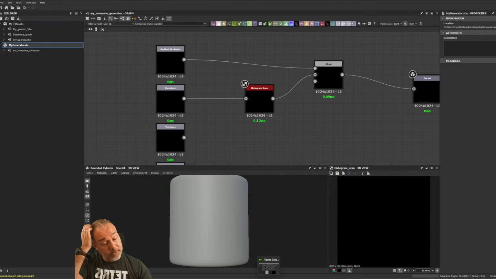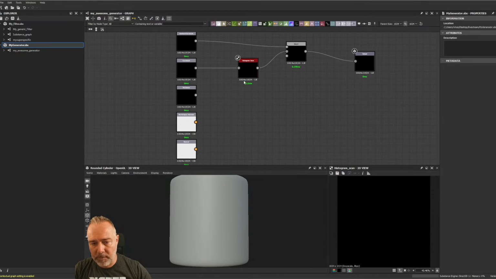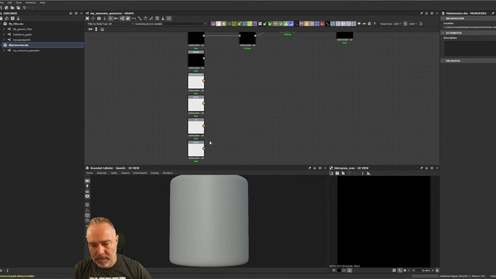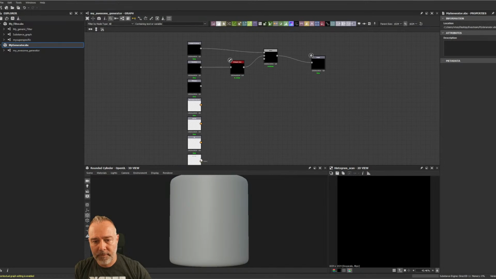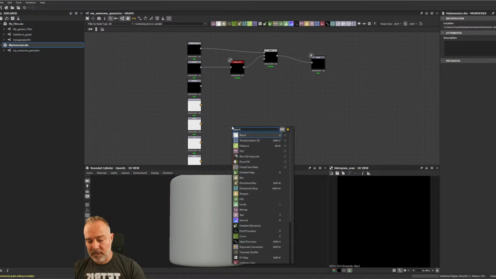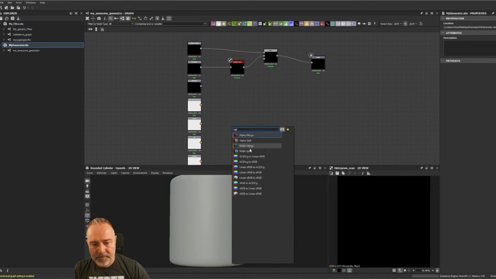So this is something that you could already do. Of course, it's just once again to show you how it works. I can use the position maybe. So if I take the position here, position once again the green channel, or you know what, we are going to take another one. So RGBA